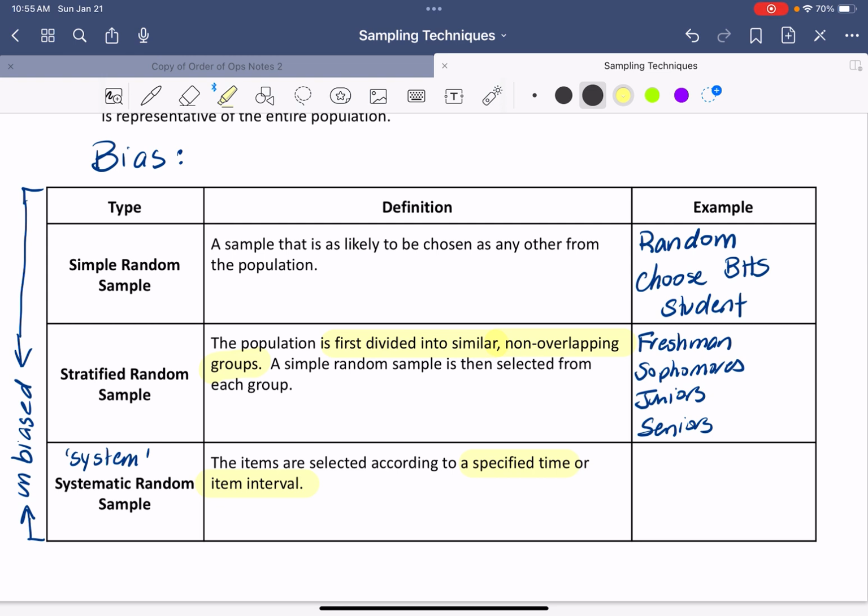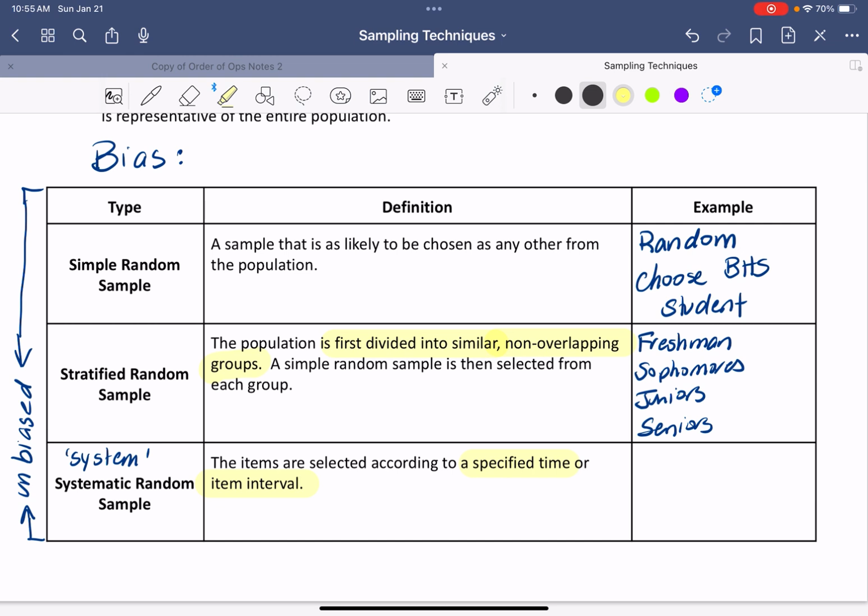Okay, another example would be like, I've got boxes of cereal on the assembly line, and I want to do quality control and make sure that all my boxes are exactly the same, that there's no errors or malfunctions occurring on the assembly line. So I will tell my inspector, okay, I want you to systematic random sample these boxes, and I want you to check every 10th